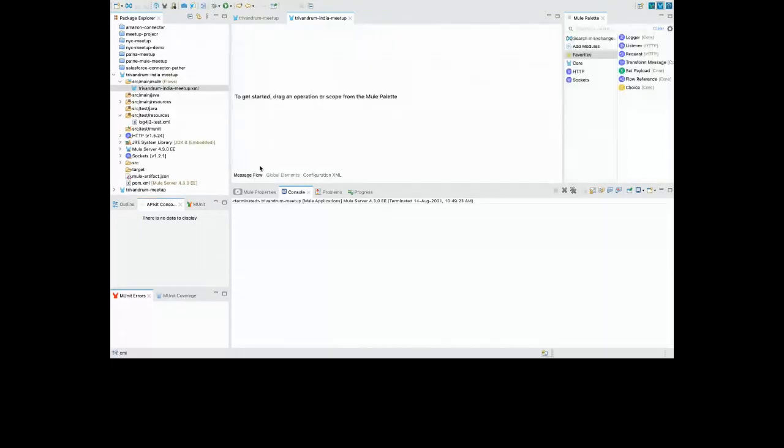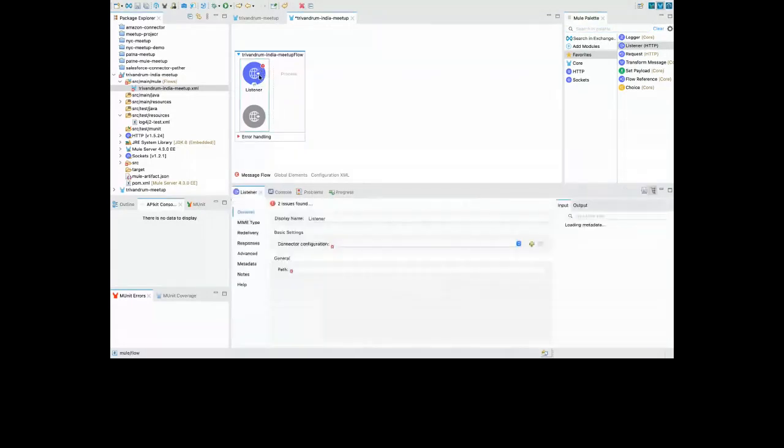Now if you go to the message flow, the very first thing you need, as we've already discussed, is a URL to access if you are trying to access an API. So we'll say the HTTP listener is going to work as our URL. From the favorites, select the listener and drag and drop it over here. You will see it is saying it is not happy; there is something it needs.